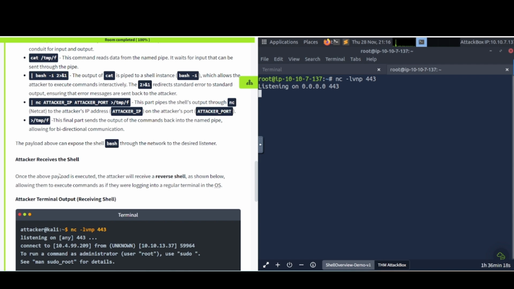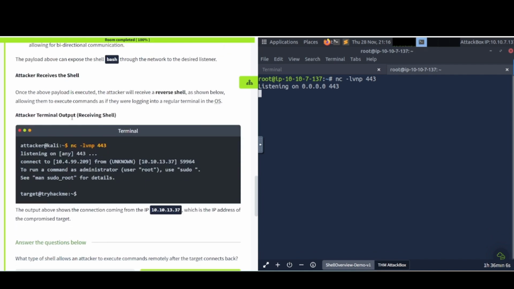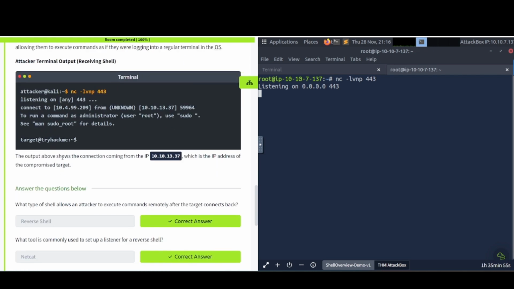Attacker receives the shell. Once the above payload is executed, the attacker will receive the reverse shell as shown below, allowing them to execute commands as if they were logged into a regular terminal in the OS. Attacker output receiving the shell. So they have the listener fired up here, and then it connected back to that listener. It says to run a command as administrator, user root, and so on. The output above shows the connection coming from 10.10.13.37, which is the IP address of the compromised